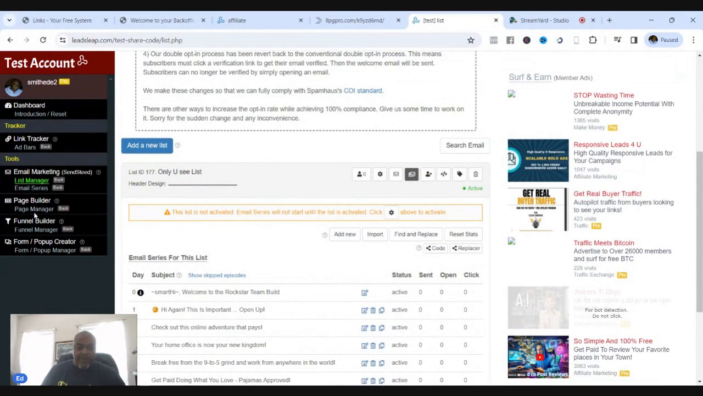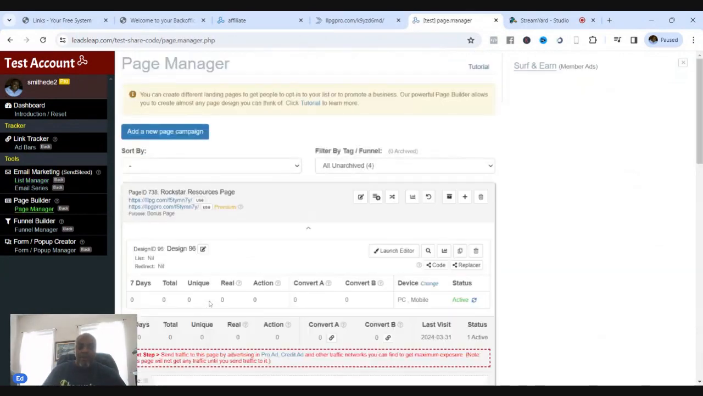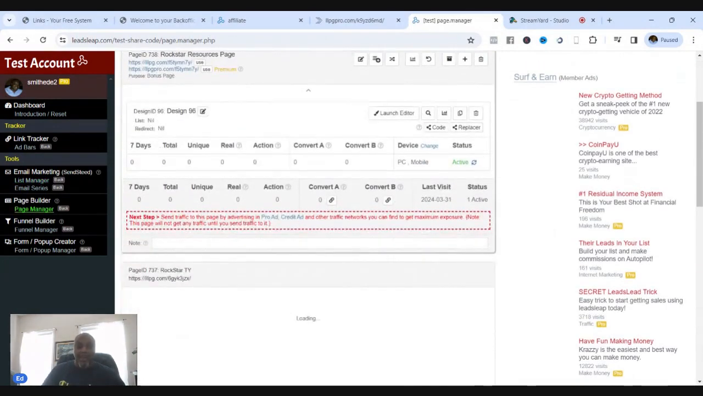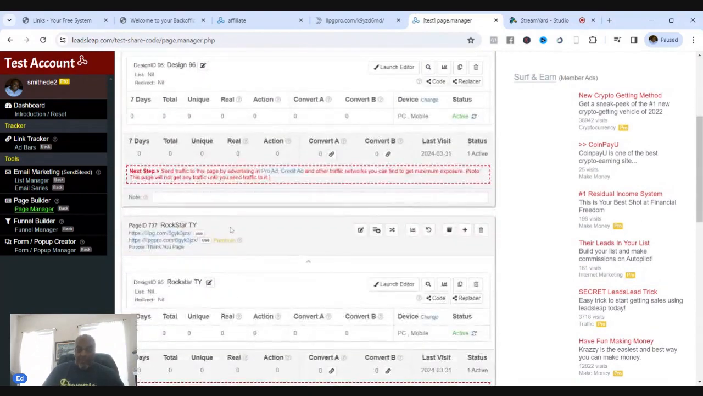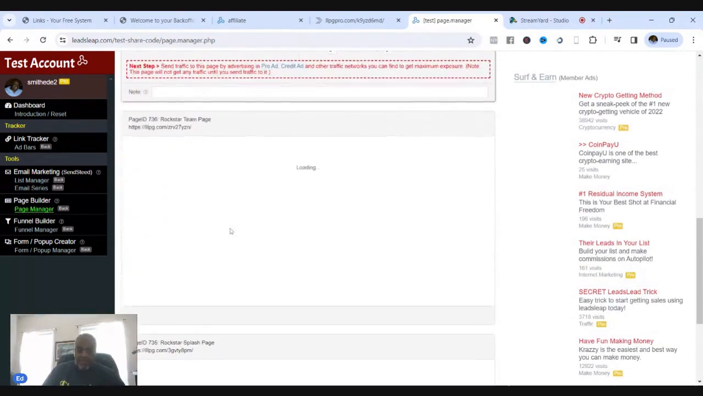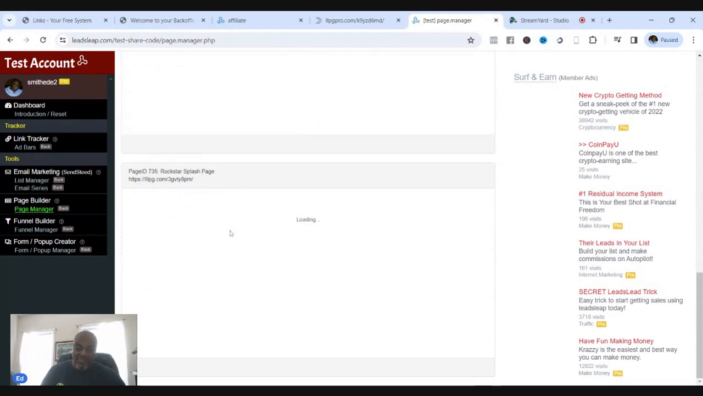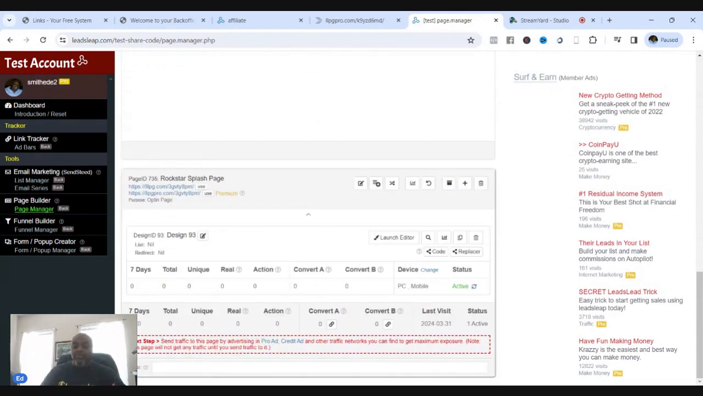You go over here to page manager. Click on that. When you go to page manager, you're going to see all the pages that you imported from the funnel over here. Okay. So what you want to do is, again, tailor everything to you. And you do that by going here, start with the splash page. Okay. And you go to the